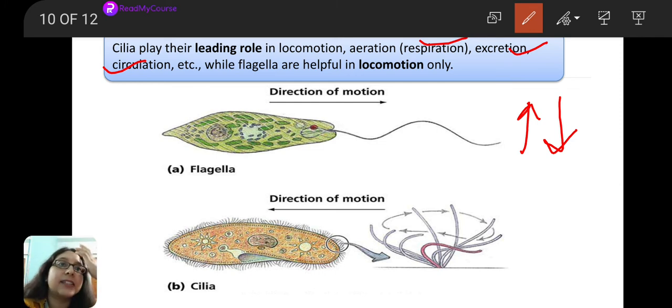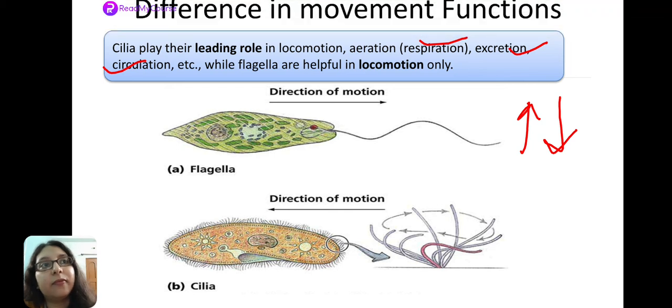Next, in the case of cilia, their movement is very well coordinated, in a wave-like fashion. That is, there are numerous cilia present on the outer surface of a cell, right? We know this. Their movement happens in coordination, and the whole coordinated movement either helps in repelling the fluid backwards or moving the cell forwards. So these are the basic differences in the mechanism of movement shown by cilia and flagella.